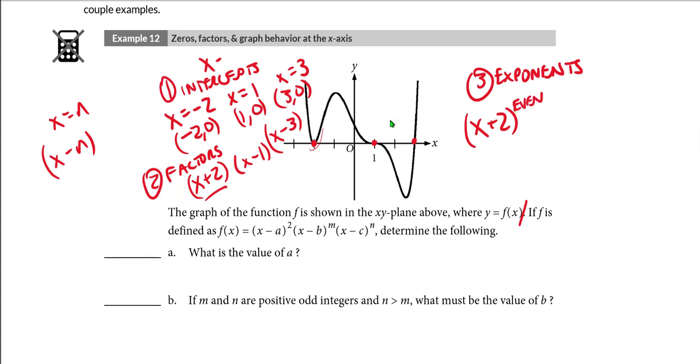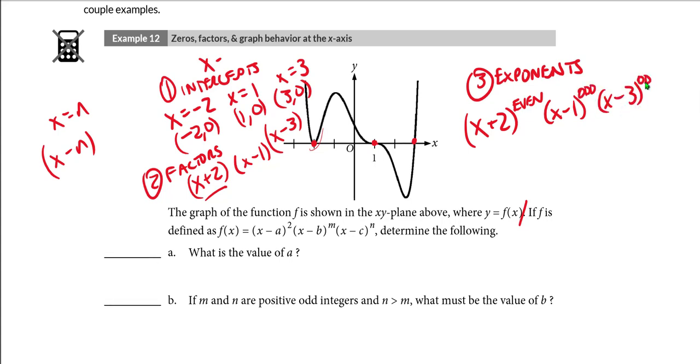We said that when the exponent on a linear factor is even, the graph will just touch the axis. These two zeros, we can see that the graph is crossing the x-axis at those two zeros. That means that for the x minus 1 and the x minus 3 both, we are going to have odd